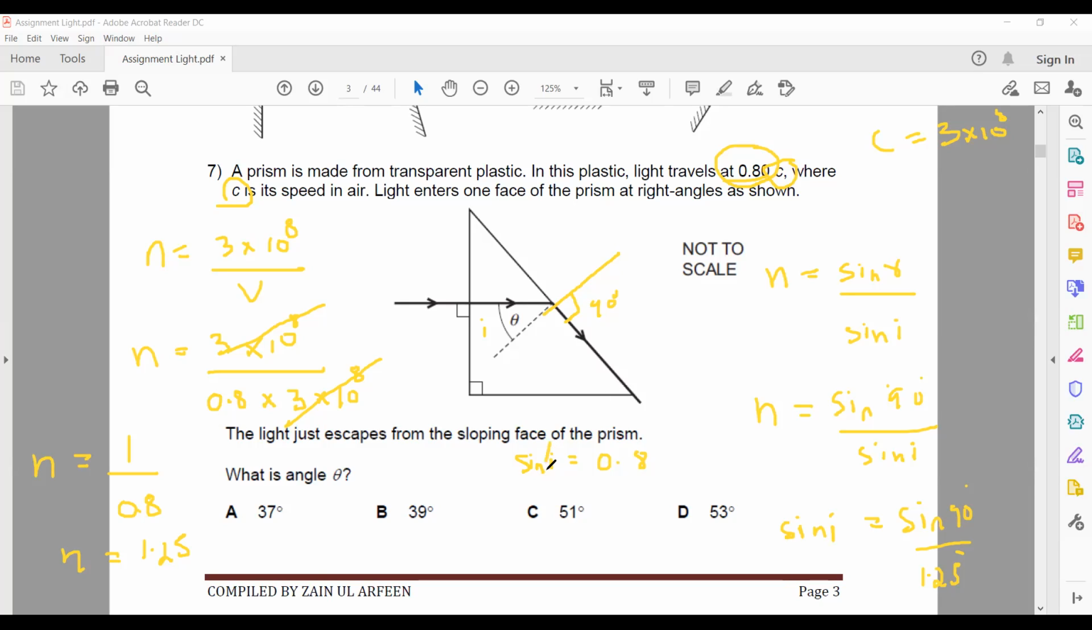Now we need an angle. In mathematics, maybe you studied this: if we need an angle and we have sine, the sine will move to the other side. So angle i is equal to sine inverse 0.8. So press shift and take sine inverse of 0.8. What is the answer? It's 53.1. So that's why D will be the answer. Is it clear? So first we got